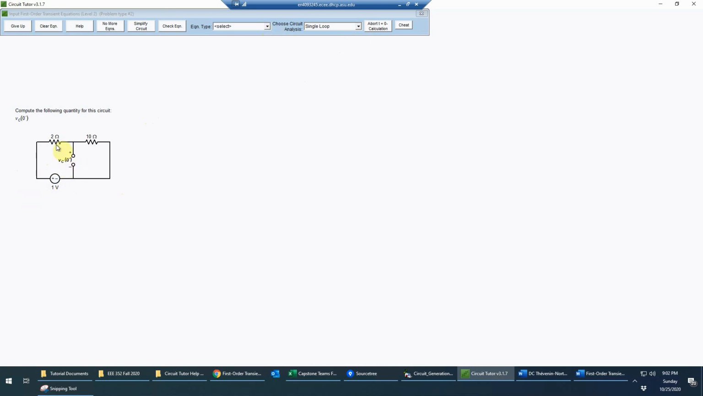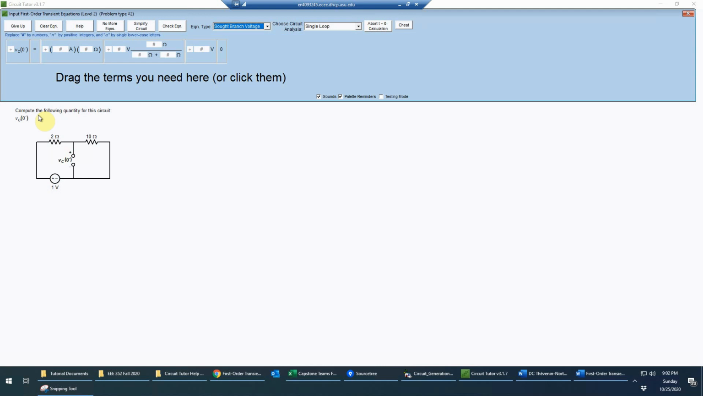And actually what you may notice is this is really the voltage across this resistor. Now Circuit Tutor won't let you move that sought voltage over here just for technical reasons, although in theory you could if you're doing it on paper. But basically it is just a voltage divider because this voltage is across this resistor, and so really this is just a single loop circuit that's a voltage divider, and so that means I can just use the voltage divider formula. So I'll put in a sought branch voltage, and my VC of 0 minus now is equal to, just using the standard voltage divider formula, I'm going to have the voltage source value, which is 1 volt,